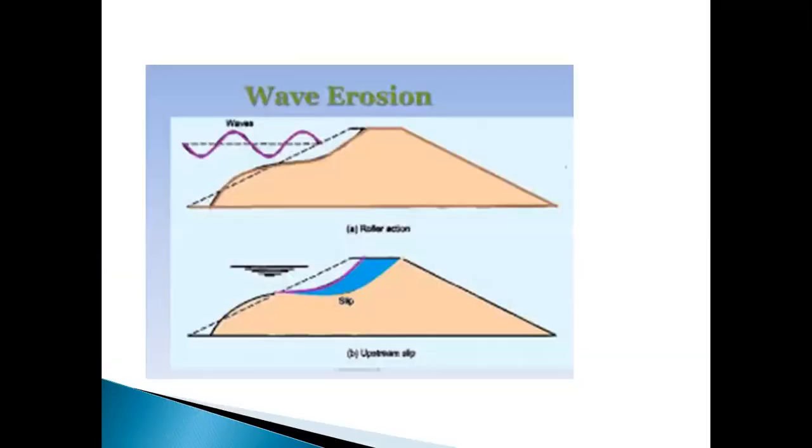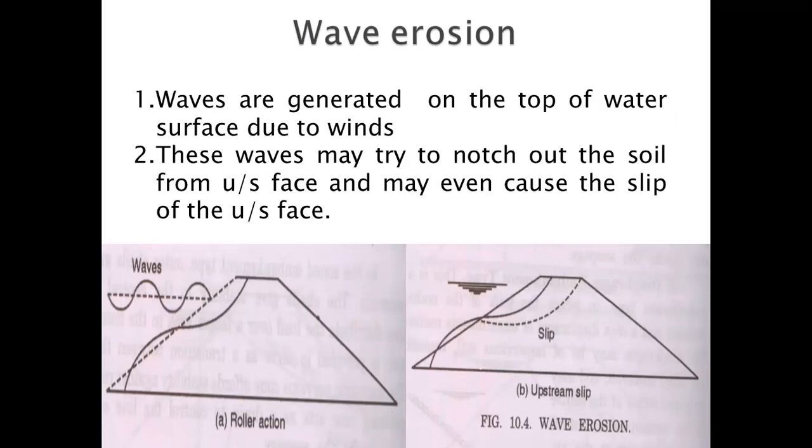Next important feature is wave erosion. We already discussed that waves are very high pressure. The pressure is also calculated in seconds unit. So here also waves create much force on the dams. If the dam upstream surface cannot withstand that pressure, the shape of the upstream face will change. So that leads to failure of the earth dam.